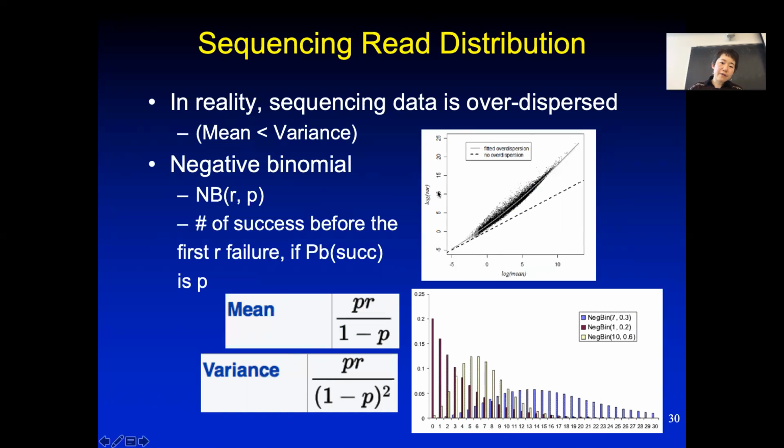This is log of the variance. For a Poisson distribution, you should see things on the straight line here, which means that the mean and the variance are the same for each gene. So let's just say